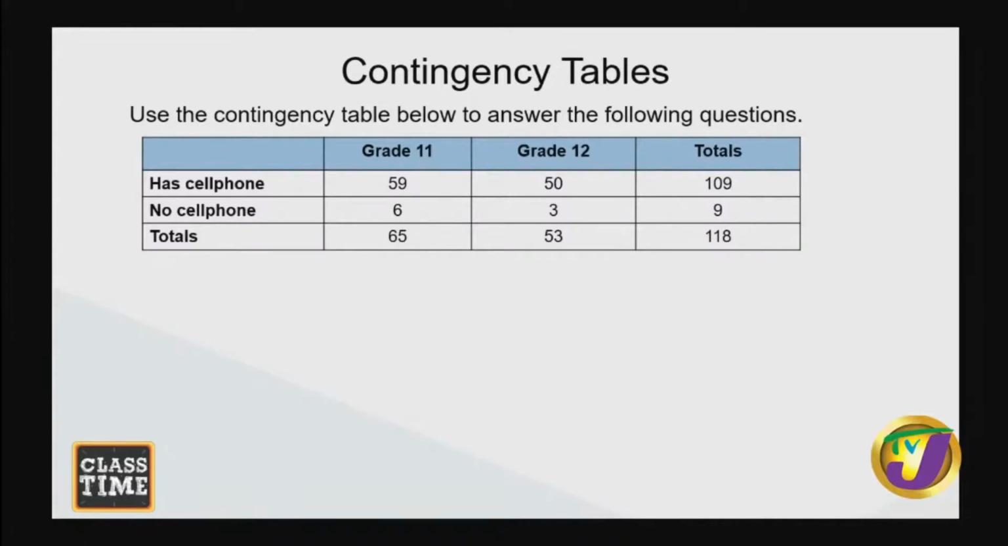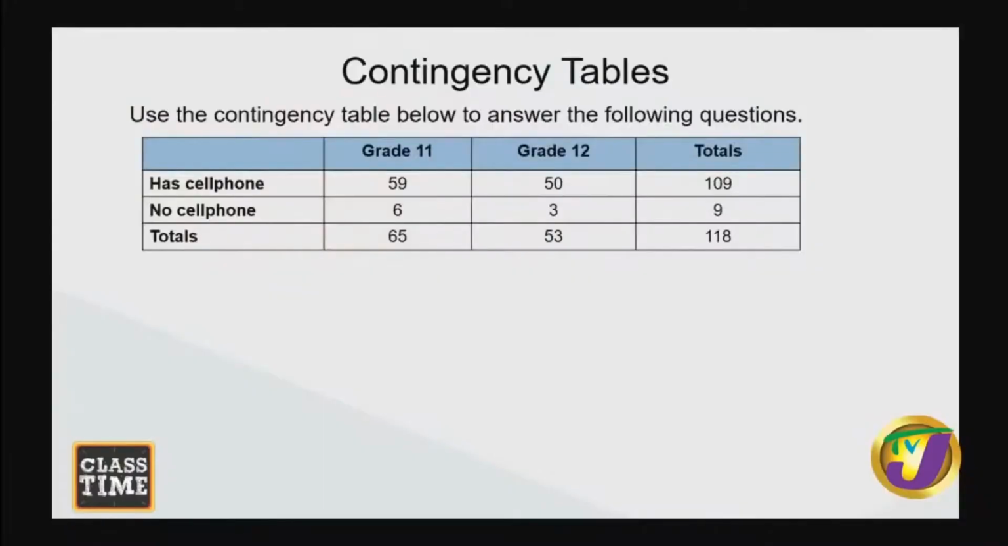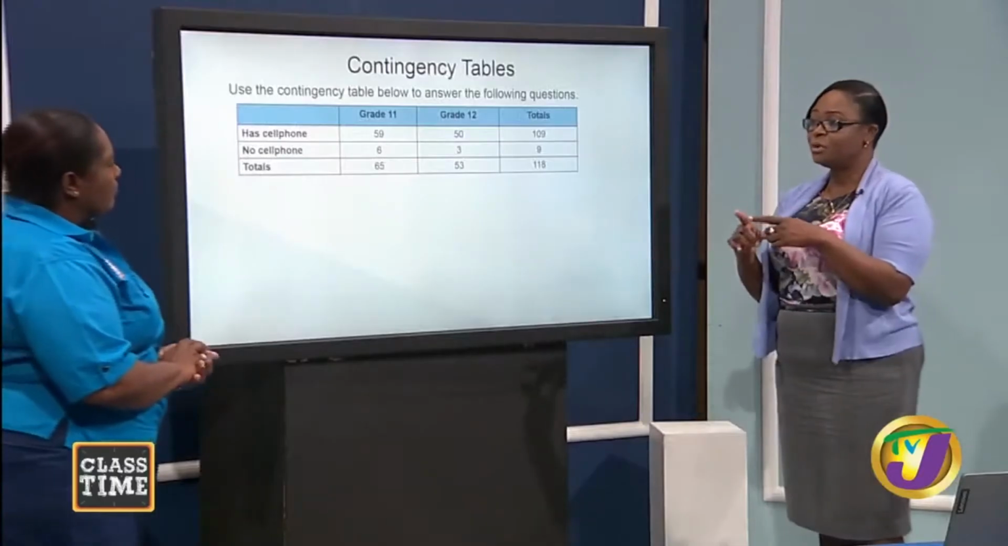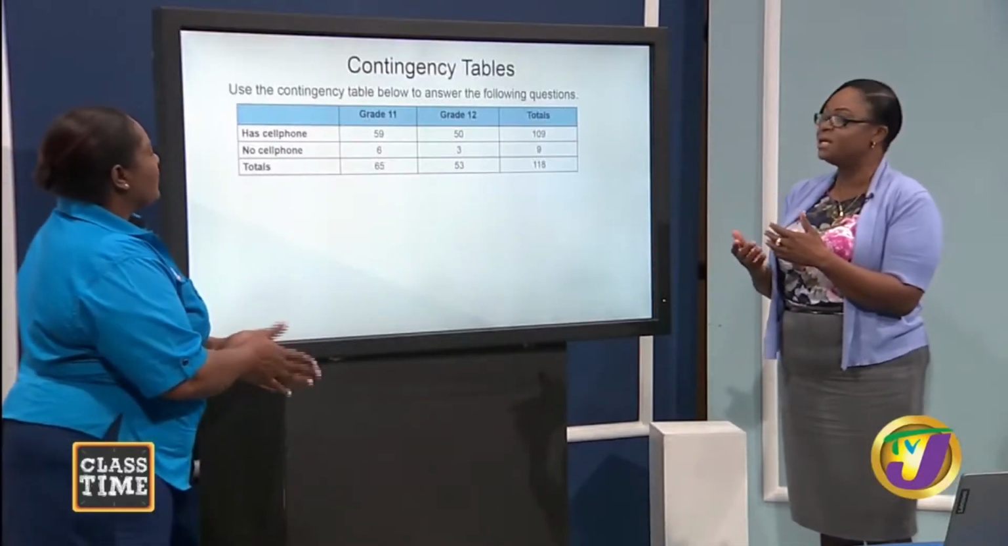Grade 12, then we know that this sample space is taking up a total of 118 students. Yes. So there are a total of 109 students that have a cell phone, and there are a total of 9 students with no cell phone. All right, good. And so it is important, what I'm hearing you say though, Shadid, is that when you